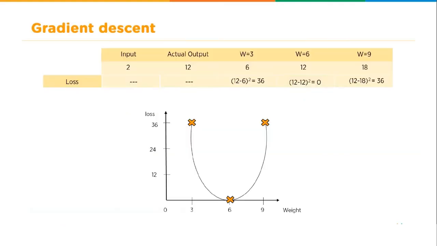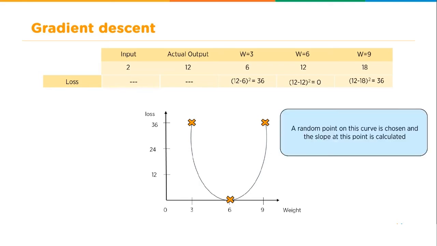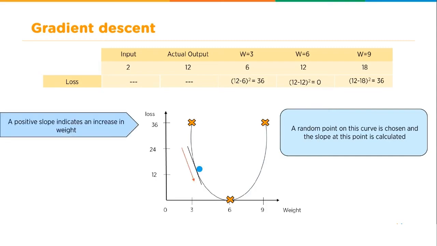We now plot a graph for the weight versus loss. And it always helps to have a nice visual of what's going on here. So this graphical method of finding the minimum of a function is called gradient descent, and this is the logic behind it. As we come in here, we graph the loss. We have 36 at W equals 3 and 36 at W equals 9, and we happen to get 0 at 6, which was the correct answer right in the middle. You can see it forms a nice little parabola, with a nice mark right in the middle. And as a human being, we can look at that and go,